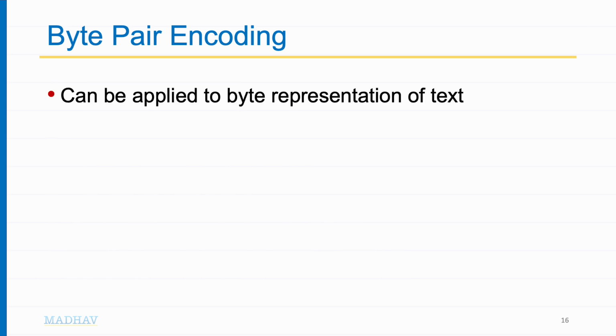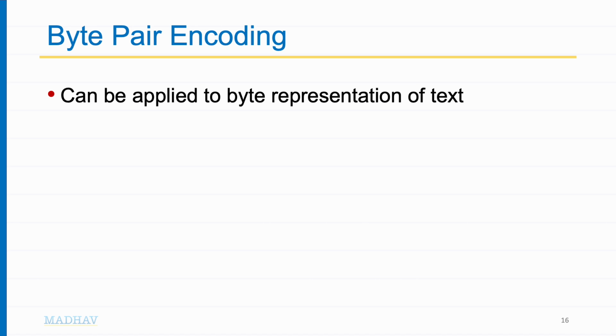Another advantage of byte pair encoding is that you don't need graphemes to start with. You can apply it on any string, even a binary string or a string of bytes. For example, I say APPLE versus I say seb in Hindi. The byte pairs you get from apple and the byte pairs you get from seb will be totally different, in a different vocabulary altogether, and it becomes very language dependent. So when you want to make language-agnostic or multilingual models, where the same model can handle multiple languages,